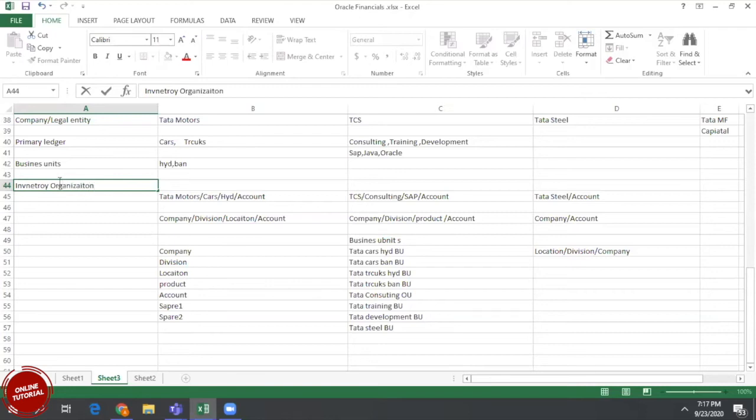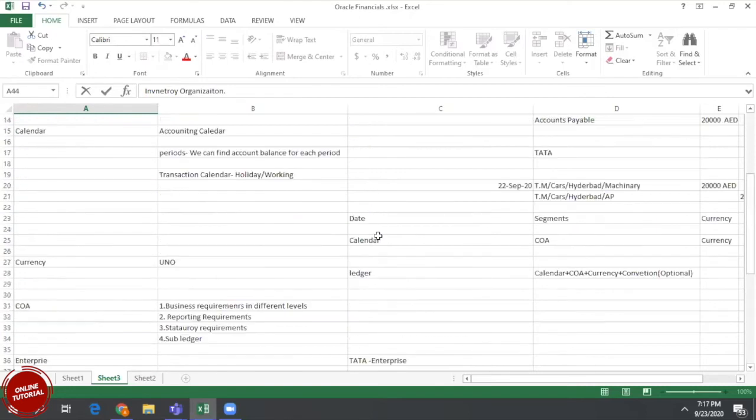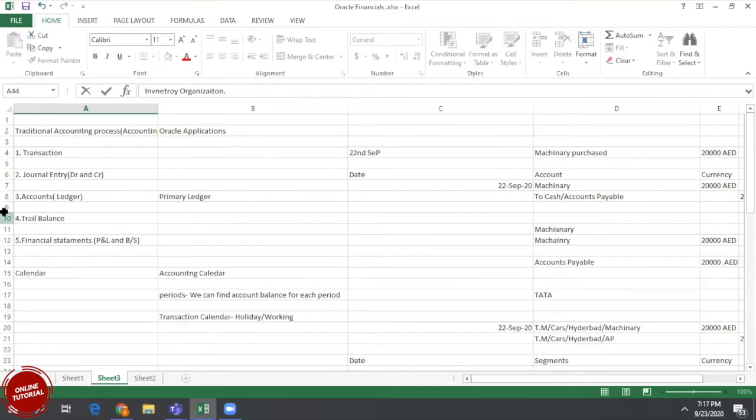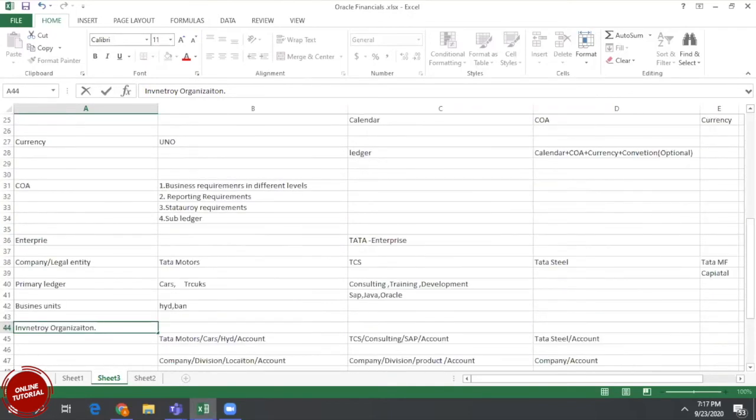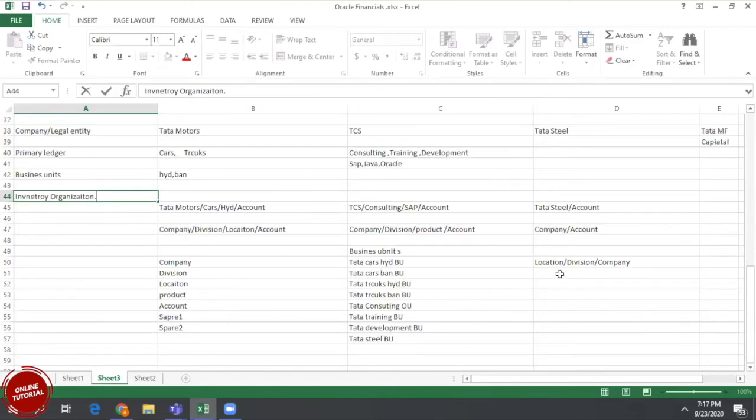So what we need to do is bring all these things into the application. Any questions, Mustafa? No, it's okay, you were able to understand. Yesterday you asked one question: can I define a division as a business unit? Yes, anything can be considered a business unit. It is all about which level you want to maintain security at; that level can be considered a business unit.